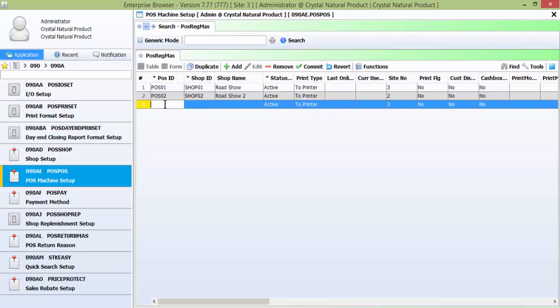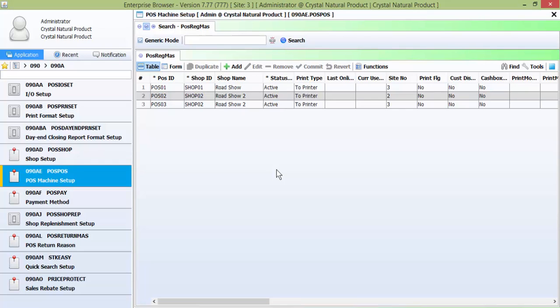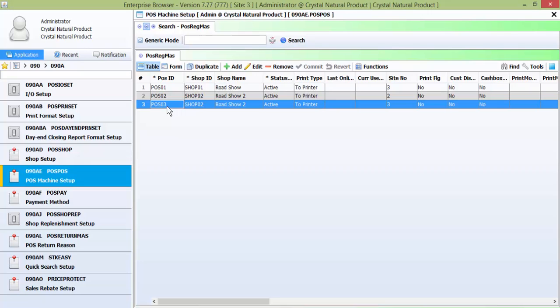and I'll just make a new one, POS03. I can put shop 2, it's fine, and commit. So now I have set up a new POS machine, POS03, assigned to my second shop, and the site number